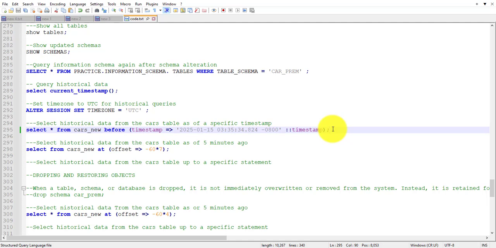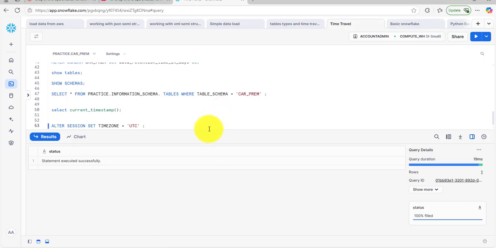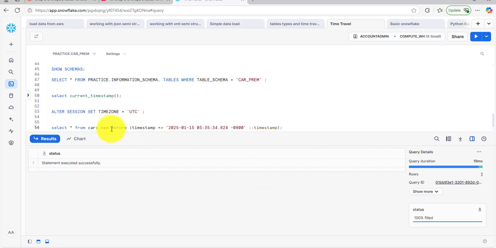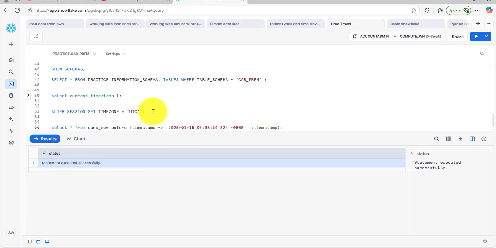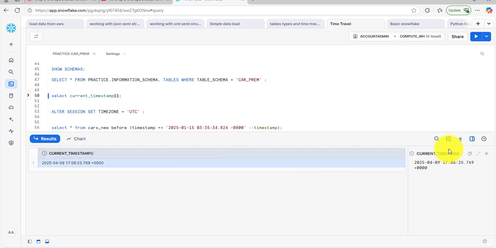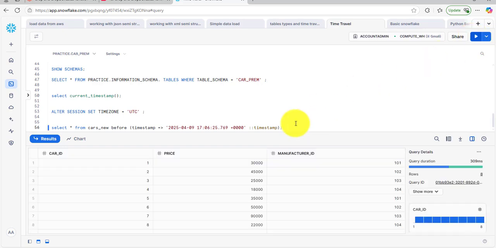Select historical data from the cars table as of a specific timestamp. We can see here are the 8 records.